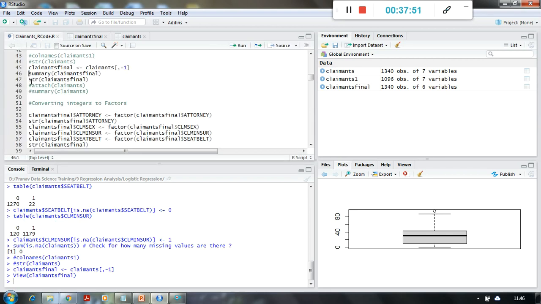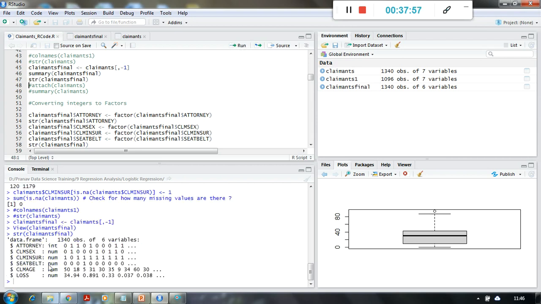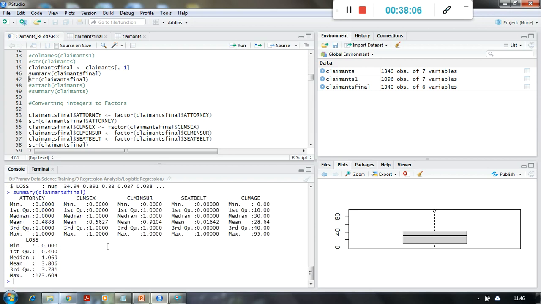Now the last task with us is to see the data types, and we have already seen the integer numbers, so we have to replace it. Why? Because if you see here in the summary, for age you can have median and mean. For loss you can have median and mean. How can you have median and mean for the discrete category variable? You must have mode for that, right? You should not have mean and median. So all these 4 variables are not in a proper data structure or data types.